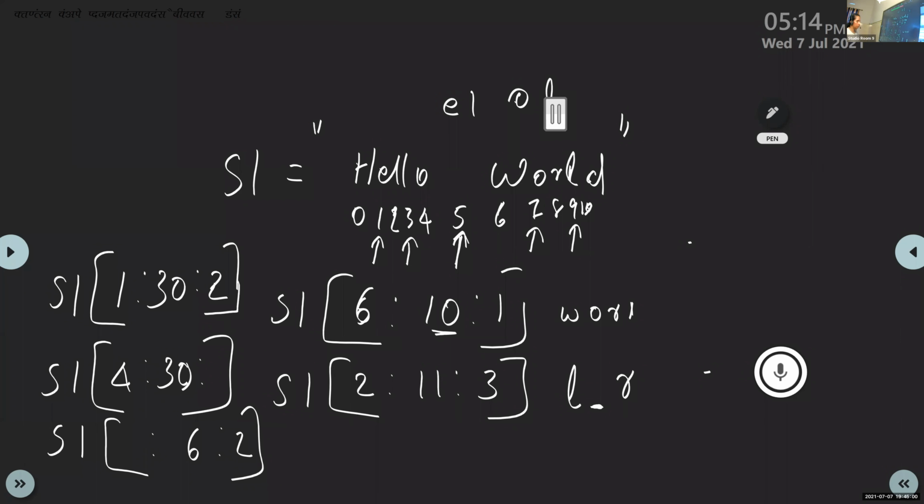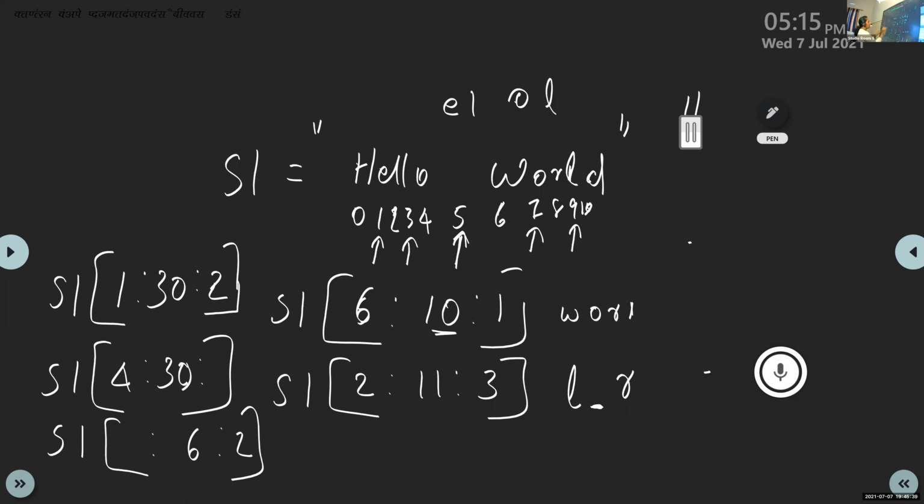Is it clear, Kevin? Ma'am, my question is, what if they put the stop value as a number like 30? What should we do in that case? If the stop value is exceeding our number of characters, here the total number of characters is 11, and I am giving 30 as the stop value, there is no 30 in this string. So we will just consider the last value as the stop value. We will increment the value based on the step value and consider till the last value.